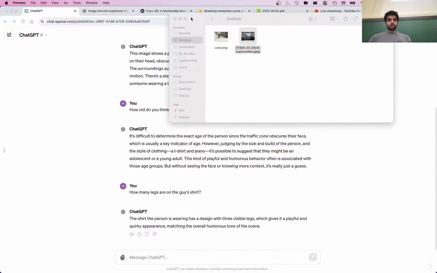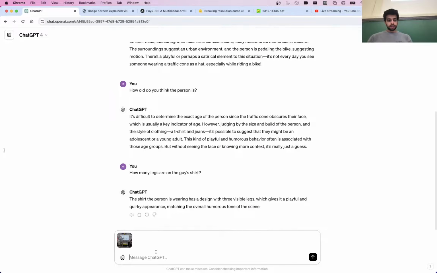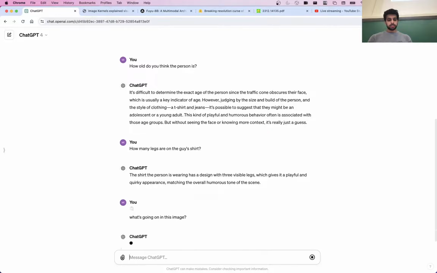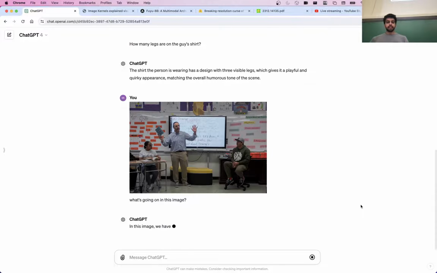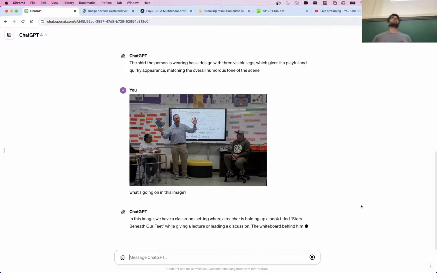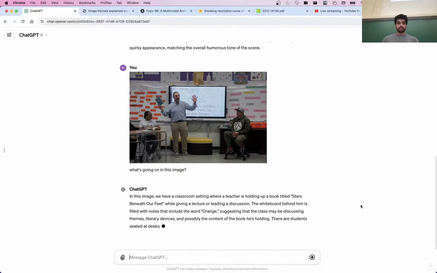So let's see how well the model does here. What's going on in this image? So you can see that the generation speed is quite slow, and we'll get into why this is actually the case later on in the semester.